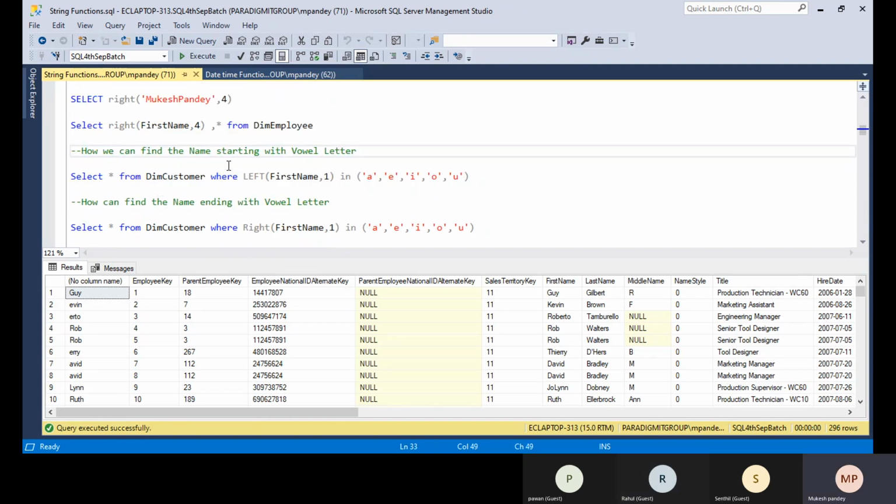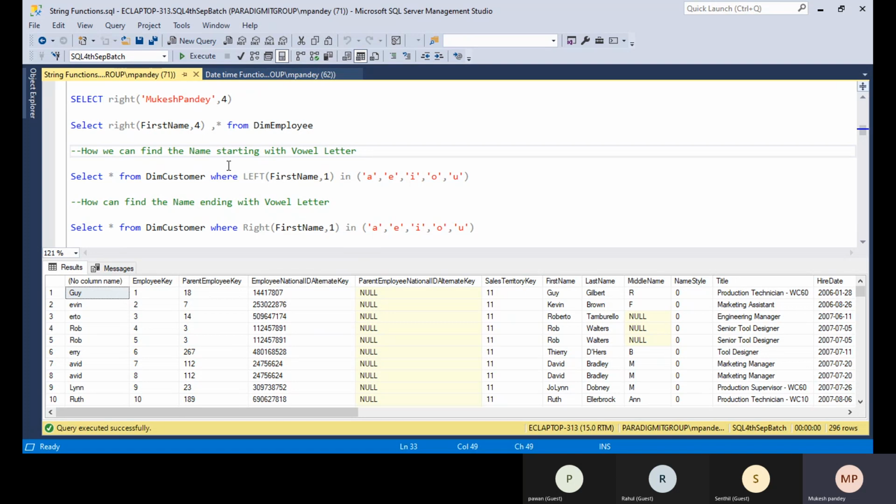Based on this LEFT and RIGHT, this is very important from an interview point of view. This is a very common cross question. They will ask you, for example, how you can find the names starting with a vowel letter. For that you can use the LEFT function.